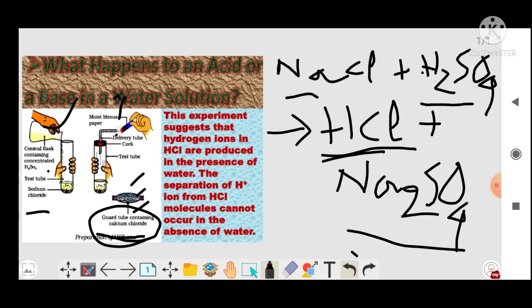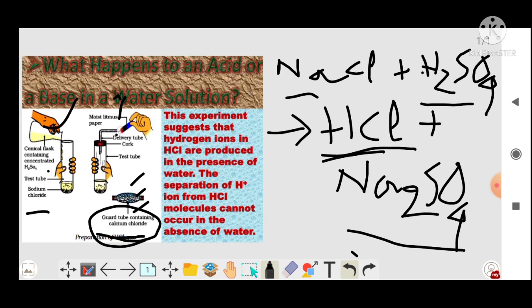क्यों चेंज नहीं होगा? क्योंकि ड्राई HCl में H प्लस आयन नहीं है. ओके, सो इसका एसिडिक नेचर भी नहीं है, इसलिए ड्राई HCl में H प्लस आयन नहीं है, इसलिए इसका एसिडिक नेचर भी नहीं है. ओके, सो लिटमस पेपर का कलर भी नहीं चेंज हो रहा है. ब्लू लिटमस पेपर का रेड कलर में कन्वर्ट नहीं होगा. ओके,